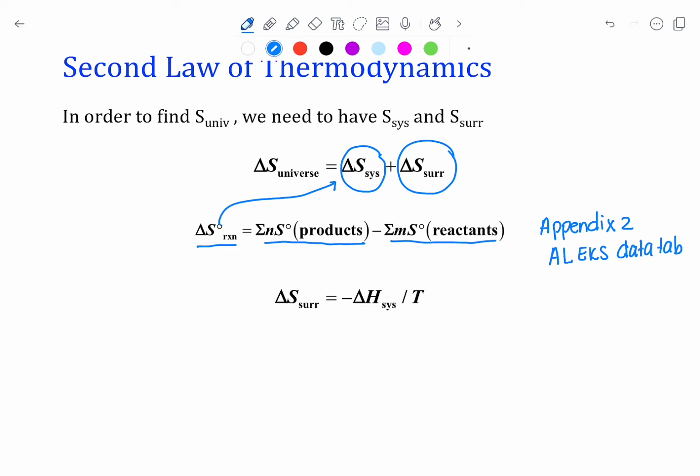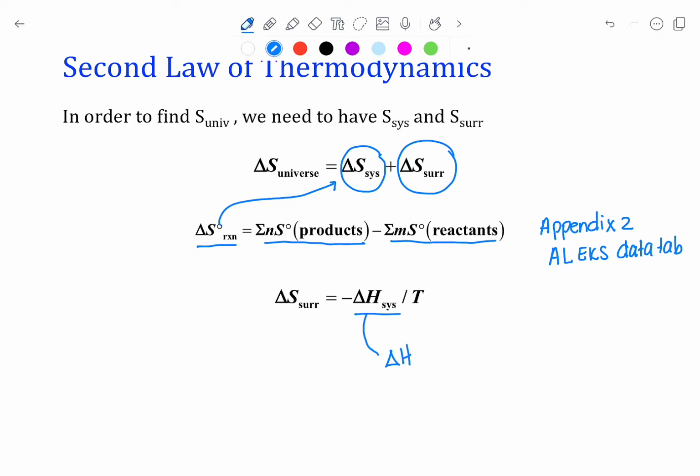We were also given an equation on our previous slide of how to find delta S of the surroundings. If we know the delta H of the system, so of the reaction, and we know the temperature, then we are able to find the delta S of the surroundings. We know that we can find delta H of the reaction, or of the system,